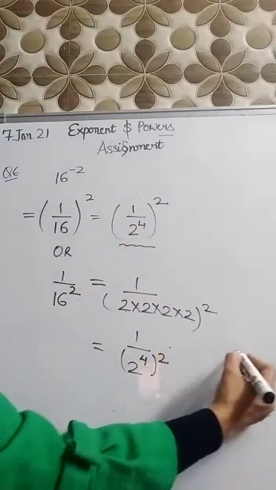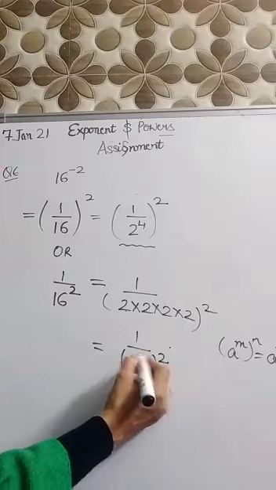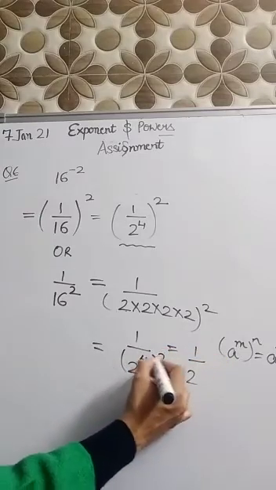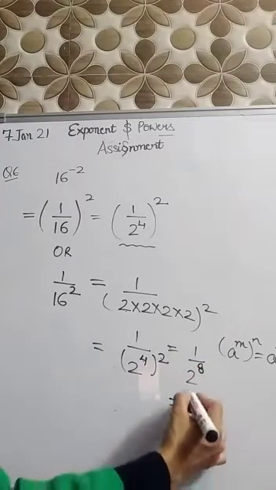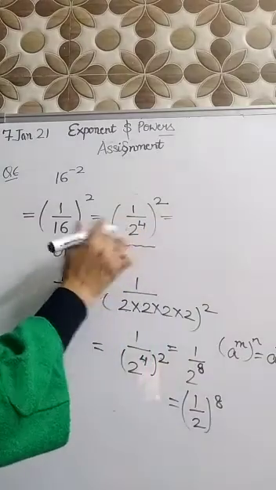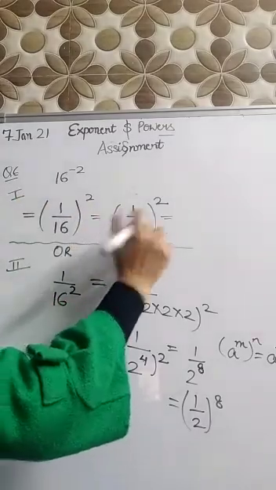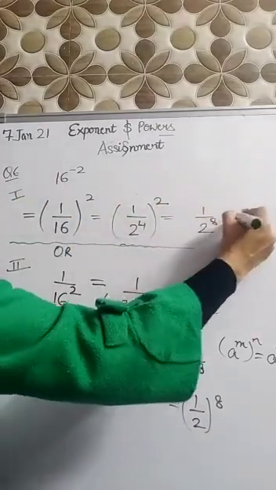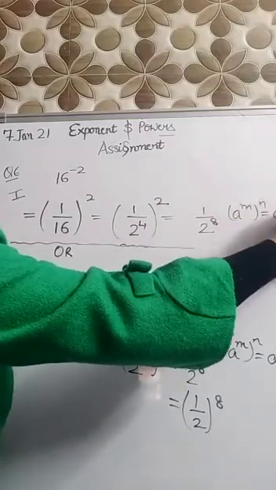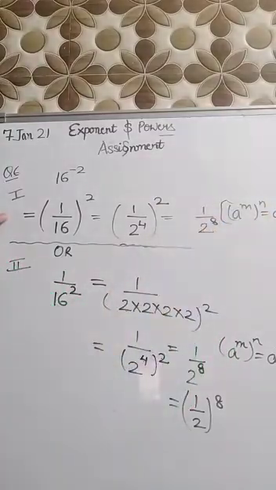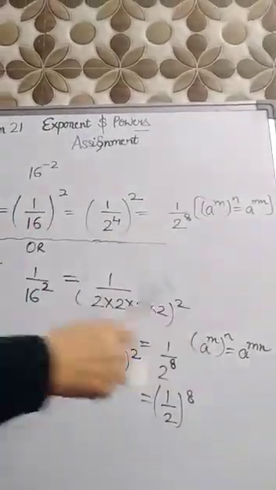Now we will apply the law of exponent: a raised to power m whole raised to power n is a raised to power mn. So for this, let's multiply the power. You will get 4 into 2, that is 8, so 1 by 2 raised to power 8, or you can write 1 by 2 whole raised to power 8. If you opt for this method, the answer is again this, and you will again write the law here in the bracket. The law used here is same, but the way is different to write. So this is your first method and this is your second method. Here I have written the identity.